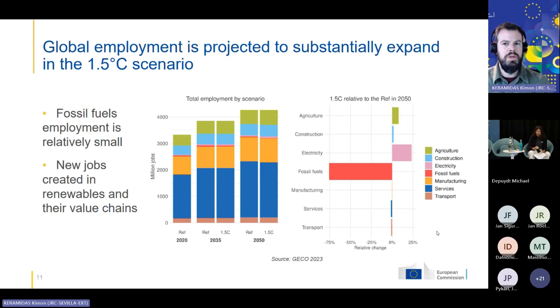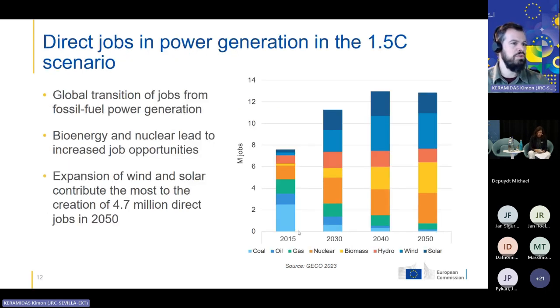So new jobs are being created, direct jobs in power generation in particular, increasing over time. There is a relatively notable increase also in biomass-related jobs, here in yellow, and nuclear, here in orange, on top of the wind and solar jobs that one could expect. So there is creation of 4.7 million direct jobs related to power generation in our 1.5 degree scenario, which is really considerable. But what we have done in our analysis is dig deeper, thanks to